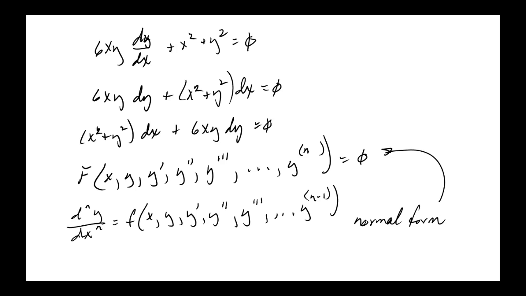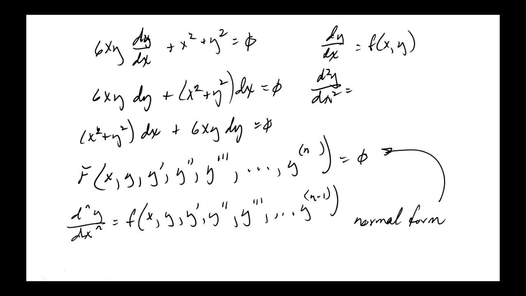So there are some times when we'll write dy/dx, this is just first order, is equal to some function of x and y, and other things like this, d2y/dx squared is equal to some function of x, y, and y prime. Okay? This would then be a normal form, whereas the other way to express this one would be capital F